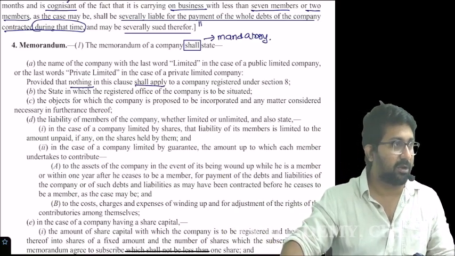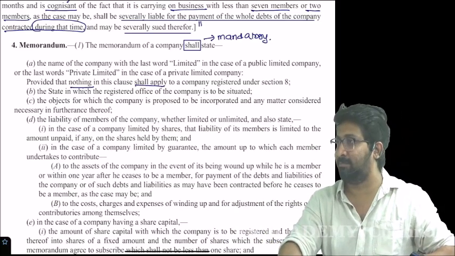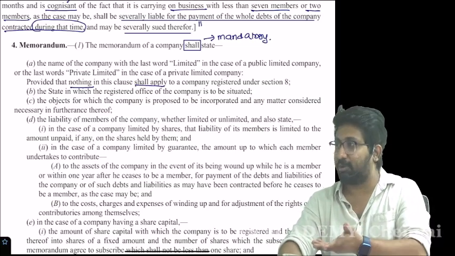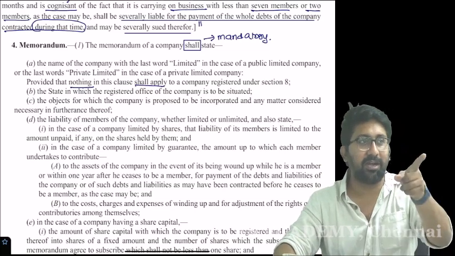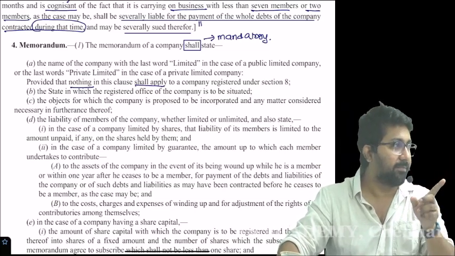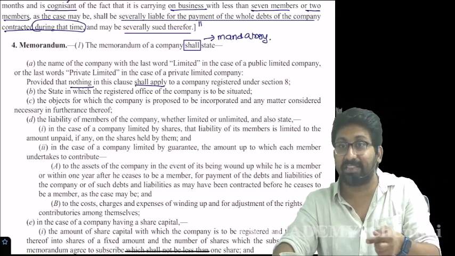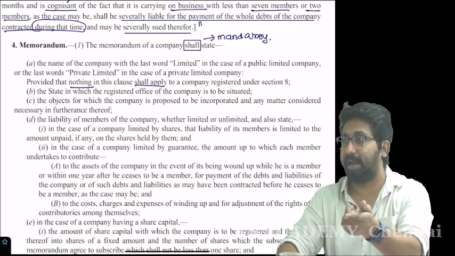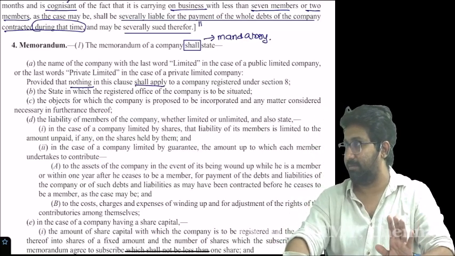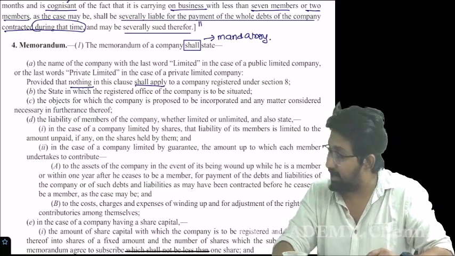Are you understanding the concept? That does not mean that you should not come. If you want, you can come, but that mandatory concept will not be applicable to you. Hope you can interpret the section properly now, everyone. Whenever the words "nothing in this clause" are used, stop there, apply this example, and read the bare act. Same in income tax as well. Clear, everyone? Now read again.